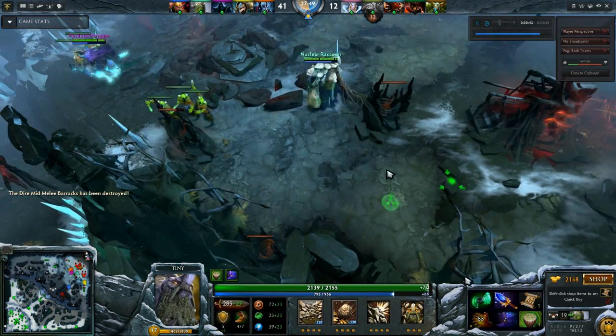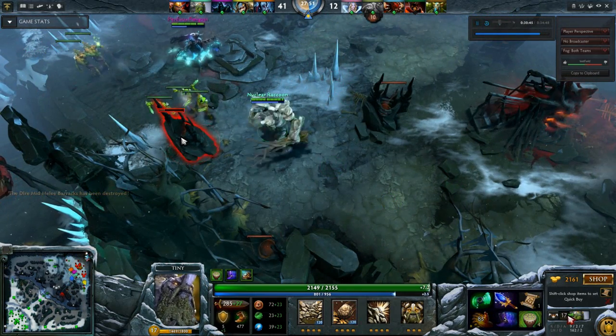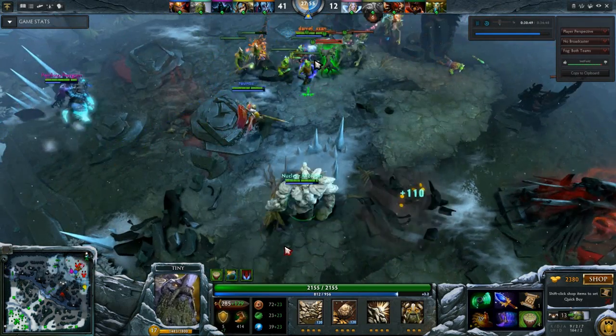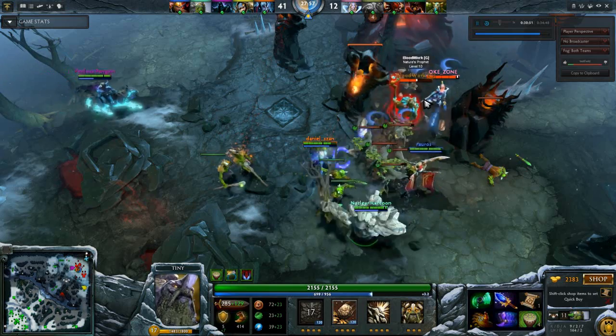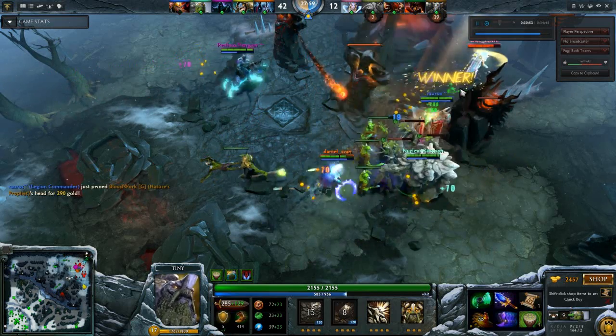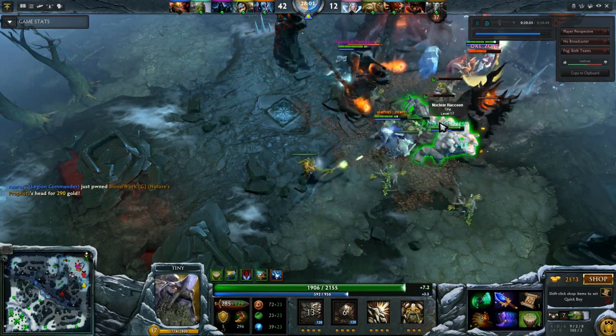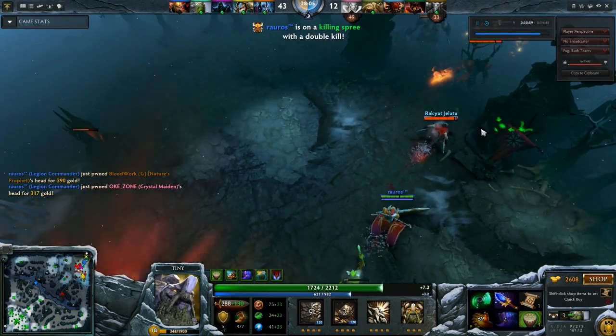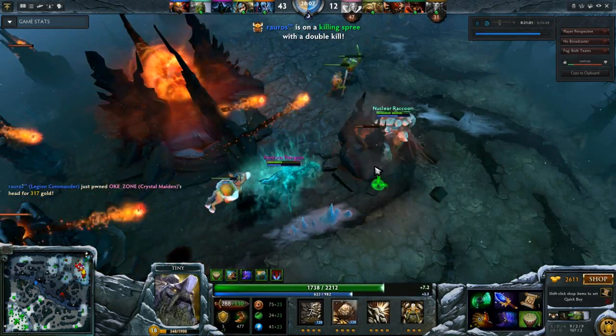It's really easy. And now I've got my Assault Cuirass. It's on the courier arriving to me right now. And this is pretty much GG, because they have absolutely no way to deal with me here. No way. The only way you can deal with a Tiny at this stage is big magic damage. Because like I mentioned, Tiny is just such...